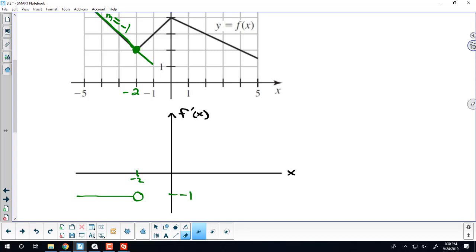Yeah. Just real quick, so from there, do we pick up as a slope of 1 from -2? Yes, because after this point, then we pick up here with this line, and we ask, along that line, what's the slope? What's the derivative? It's 1. So since this slope is +1, and always +1 on that segment,